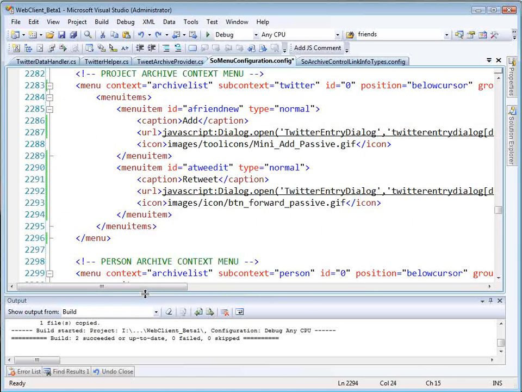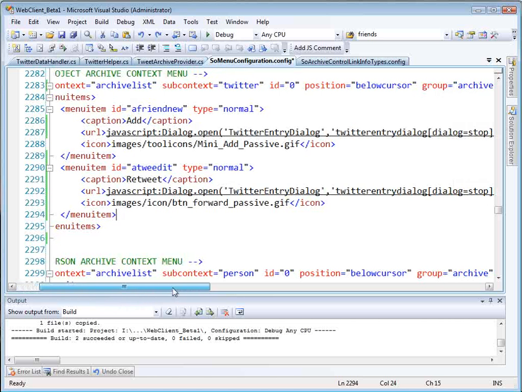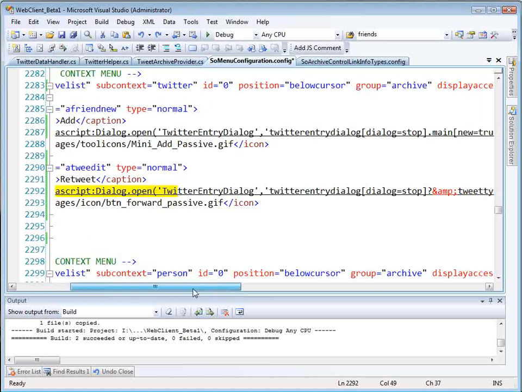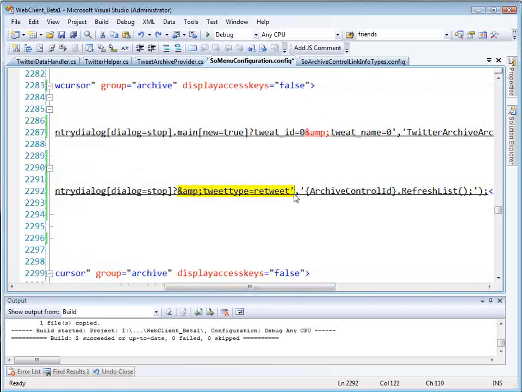Next, I'll add in a new menu item in order to retweet an existing Twitter tweet in the archive control. This is the action we'll take when we right-click and choose Retweet from the context menu, or click on the Retweet button in the archive controls toolbar. The added functionality in this URL element in this JavaScript is simply this query string, which specifies tweet type equals